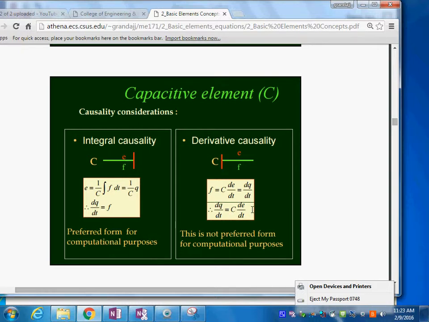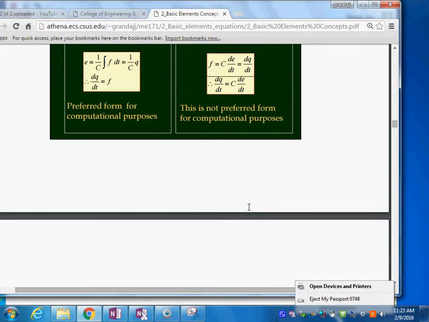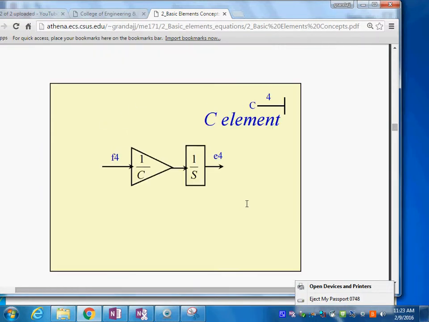So in here, just like on the C element, you have two possibilities: to write it in the integral form or to write it in the derivative form. The preferred method is always to write it in the integral form, because computers are very good at integrating. Computers are not so good at differentiating because of numerical instability, or if the slope